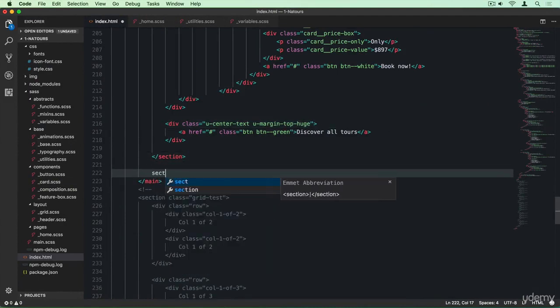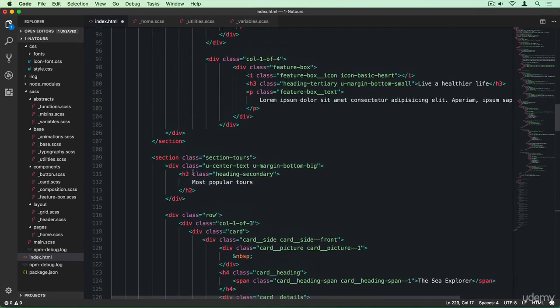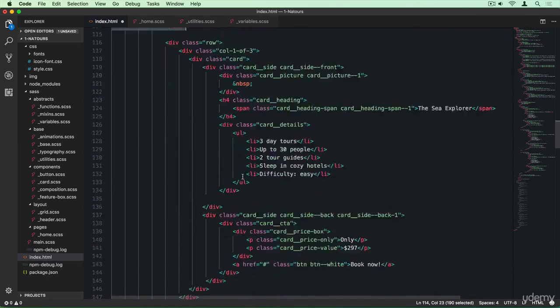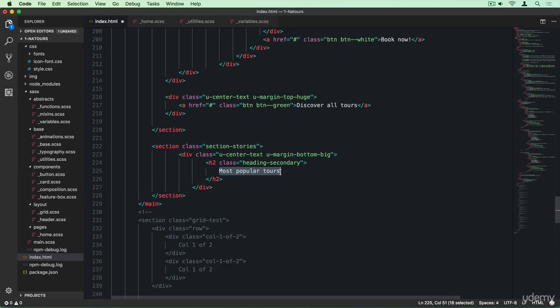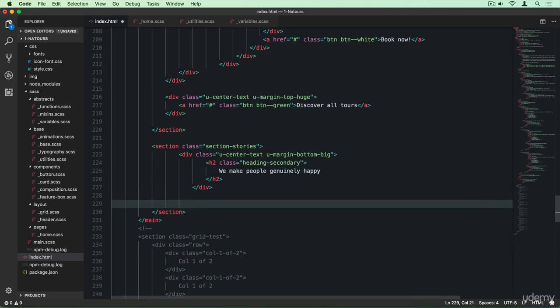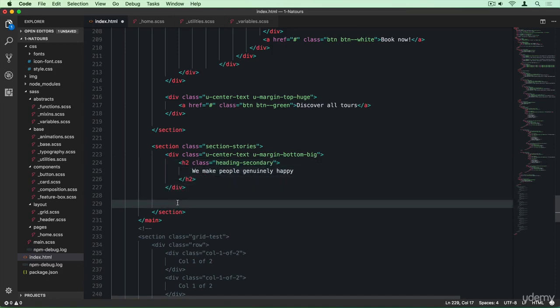So let's create a new section. Section stories. Then again, we will get our H2 element here, so our secondary heading. So let's grab that from here. This time it says, we make people genuinely happy. All right, and now down here, let's start a new row. Actually, this is all not well formatted. Okay, let's start a new row